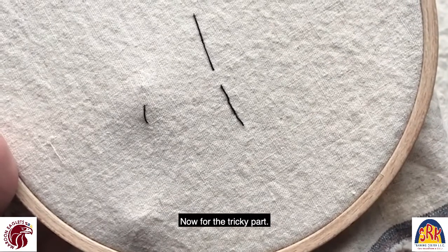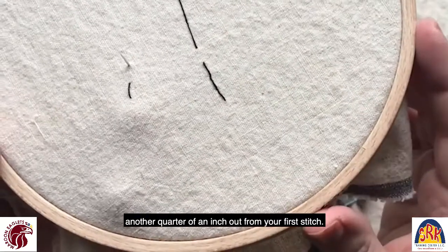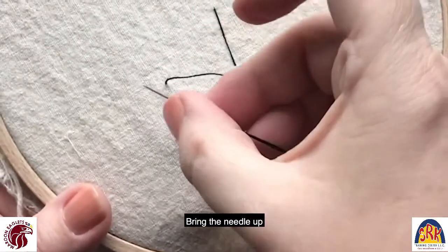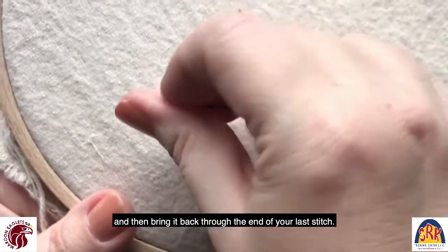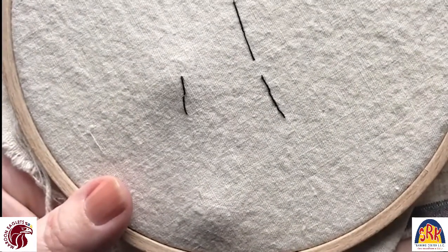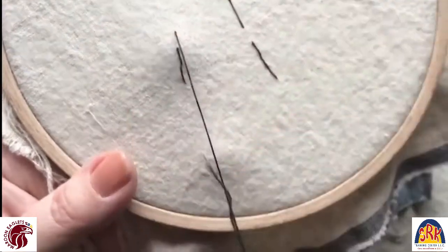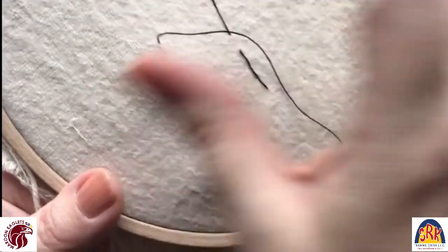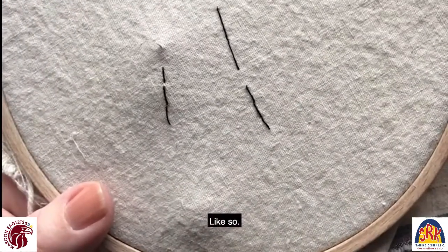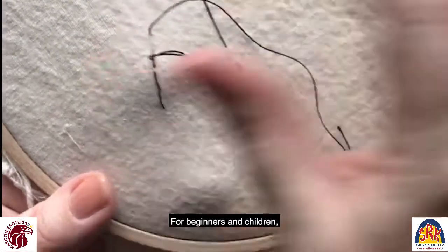Now for the tricky part. You need to kind of eyeball and figure out another 1/4 of an inch out from your first stitch. Bring the needle up and then bring it back through the end of your last stitch. You then continue stitching along, hopefully in a straight line. Like so. For beginners and children, sometimes